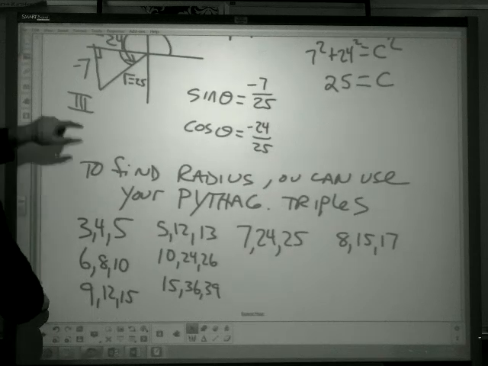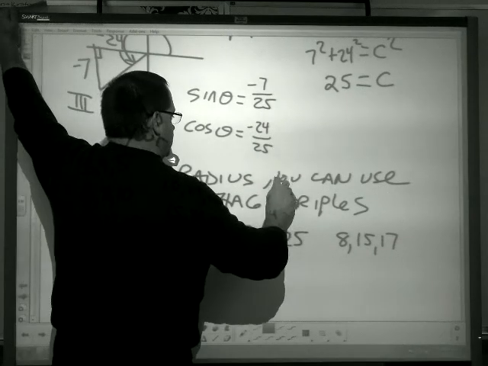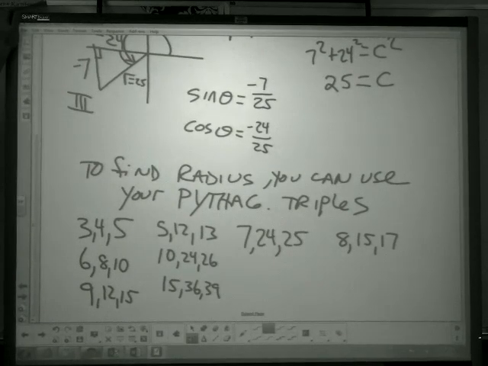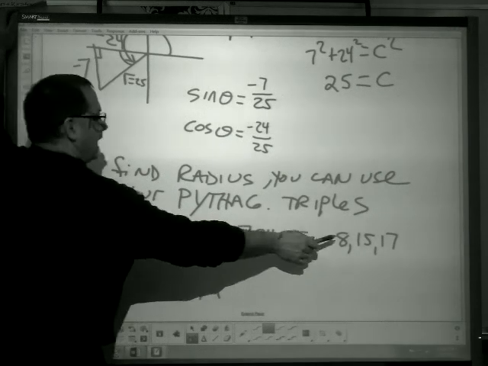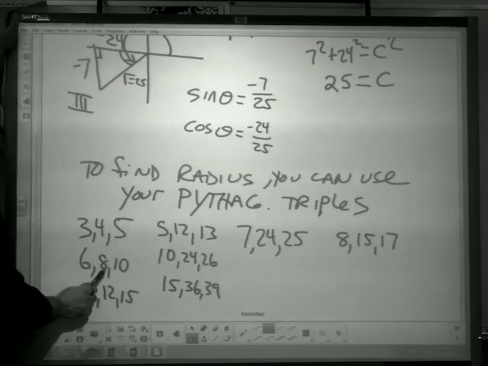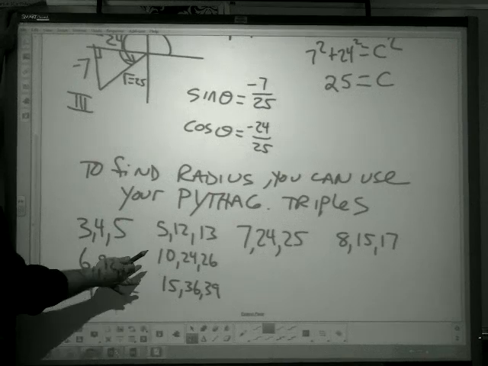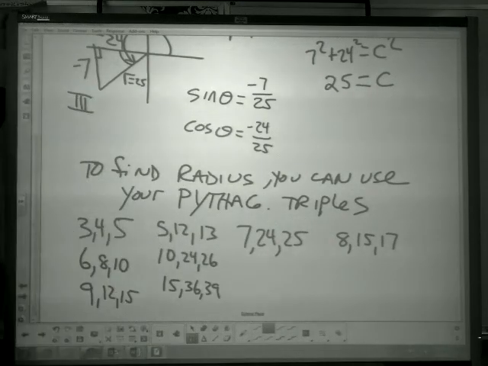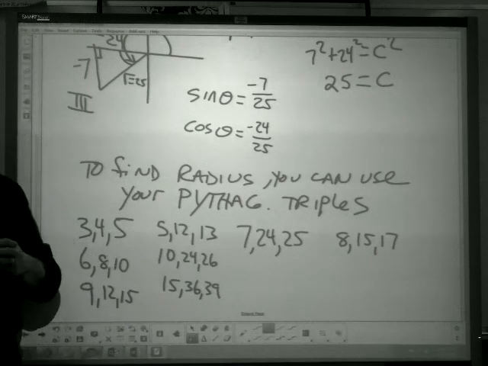One other thing you could use to find your radius is your Pythagorean triples. I know you learned some of these maybe in 9th grade, maybe in 8th grade, but these numbers here are the common numbers that we use when we create triangles. If you know them, you don't even have to do the Pythagorean theorem, you just know that the other side is 25. These are ones that I want us to have on hand to memorize and use.